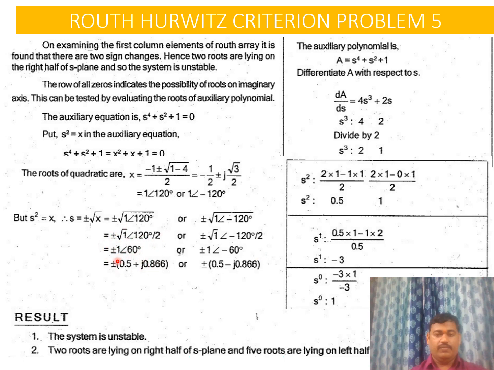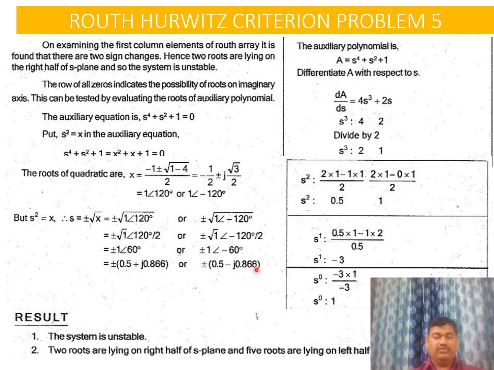Use the rectangular form, open bracket 1 comma 60, you will be getting 0.5. Then use the alpha f, you will be getting j 0.866. Similarly here rectangular form of 1 comma minus 60, and use alpha f, you will be getting plus or minus 0.5 minus j 0.866. So first value plus 0.5 plus j 0.866, then again minus 0.5 plus j 0.866. Similarly here plus 0.5 minus j 0.866, then minus 0.5 minus j